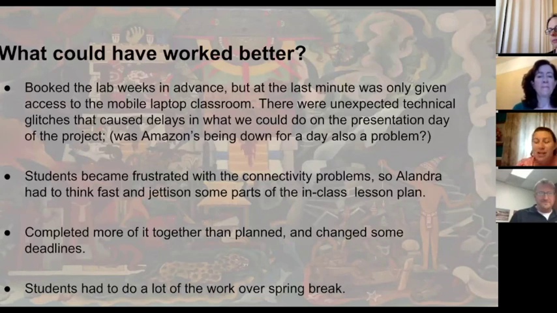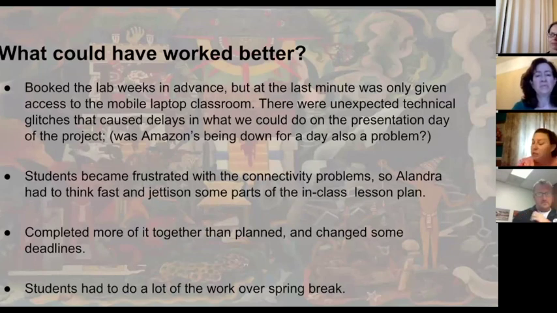But Amazon actually went down that day, and a lot of other people were having trouble connecting and getting kicked off of the internet connections. So I'm not sure if there was just a glitch all over, but it definitely proved to be a challenge and possibly a small panic attack for me. Some students were really savvy and they have unlimited data on their phones, so they were able to connect the computers using a mobile hotspot from their phone. Not all of my students have that luxury, so we were kind of squished around just a few computers.